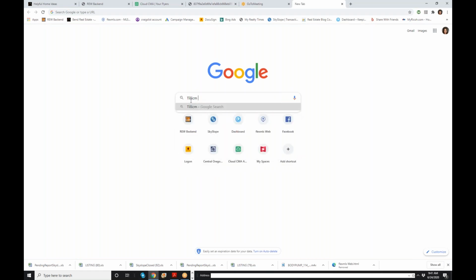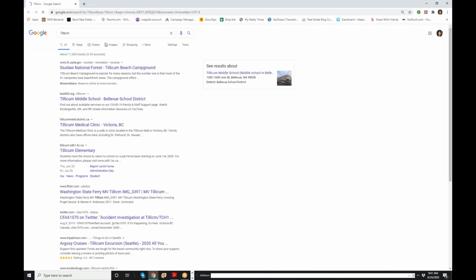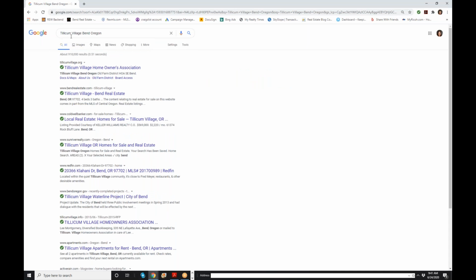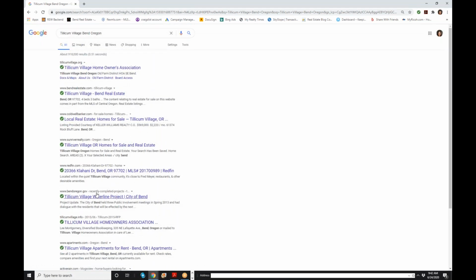Tillicum Village, Bend, Oregon. I have no idea, I just decided to see what's going up here. So here we go. We have Tillicum Village Owners Association is here. Tillicum Village Bend Real Estate. So somebody with Bend Real Estate is already doing some stuff with that. I've got Coldwell Banker doing something here. Sun River Realty, Redfin has something here on the Kahalani Drive. Obviously, there are things that you could do if you start Googling regularly about Tillicum Village, you would be